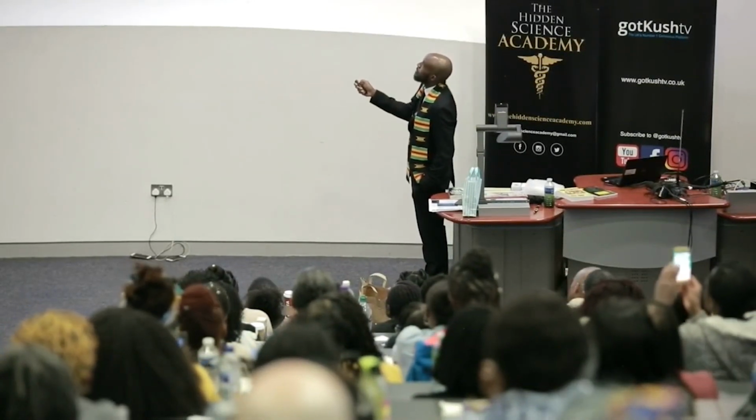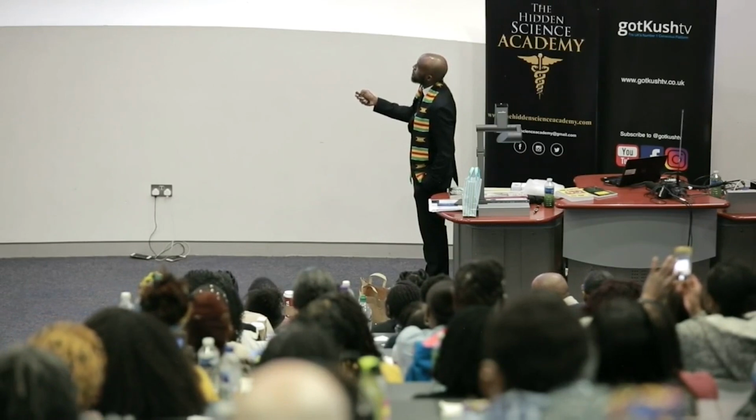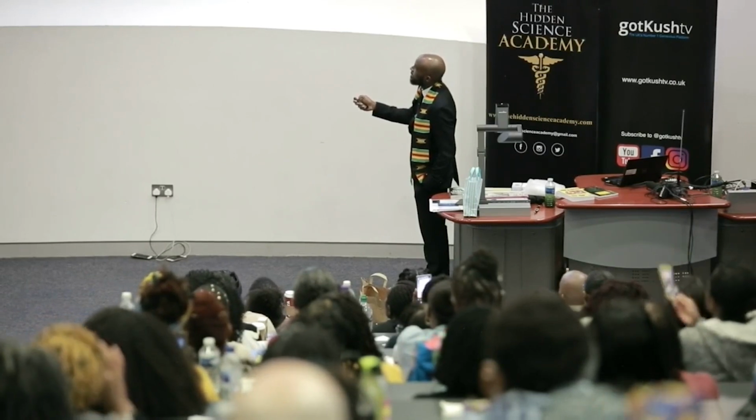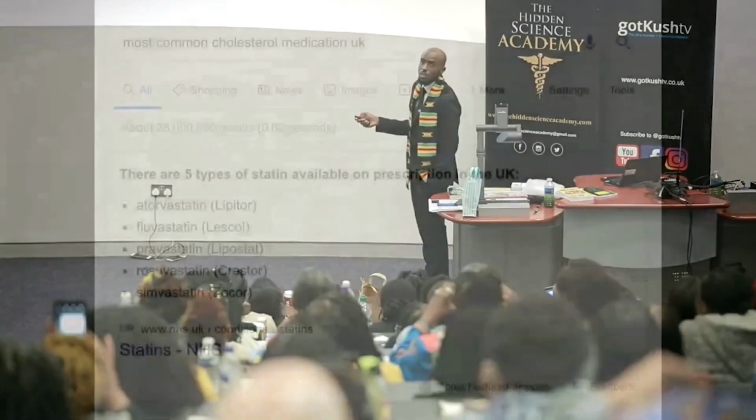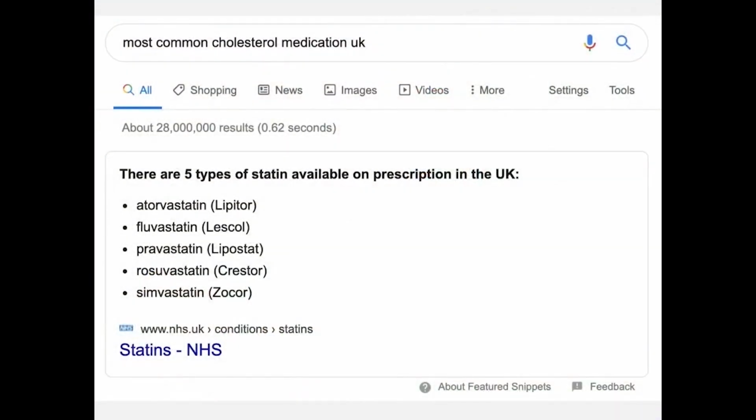So most common cholesterol medication in the UK, and look at the way they're ending in, because they're statin drugs, so these are hormones then. These are hormones, but they're not hormones inside of your body. These are external hormones. So these are drugs that they've created to mimic your hormones. You know they're a hormone because they're ending in IN. If it ends in OL or IN, you know it's a hormone. So all of these things are going to be giving your cells instructions instead of your body giving your cells instructions. Again, that's going to lead to total confusion.